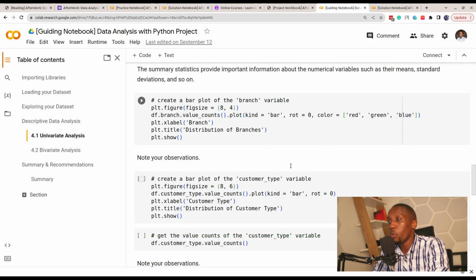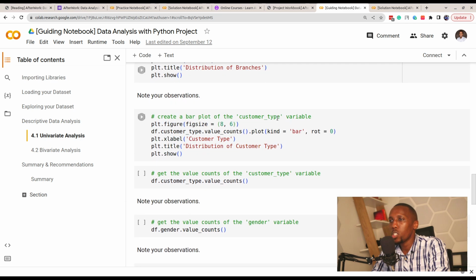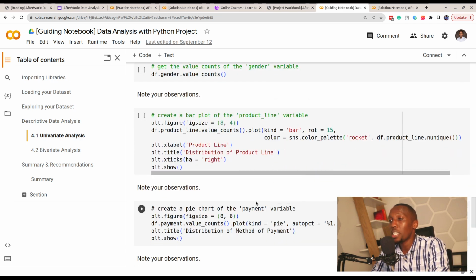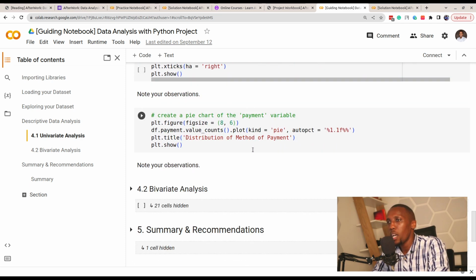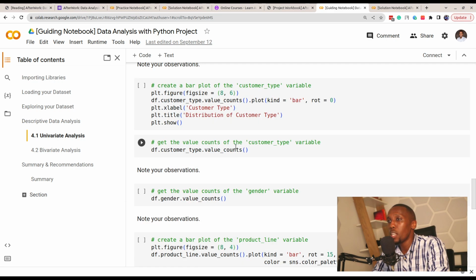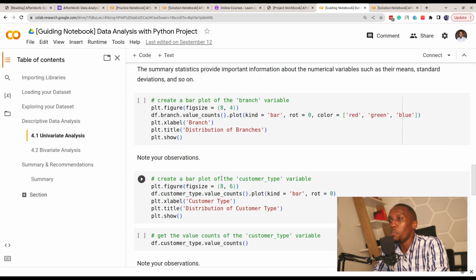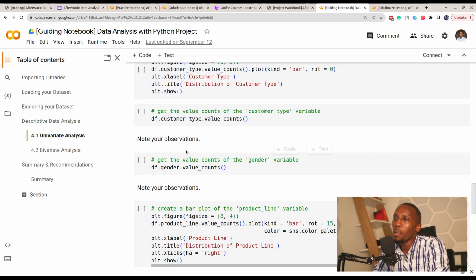We've also provided some code for creating just maybe bar charts that just give you an idea of what you need to do. Don't worry so much about this. There's another course on Matplotlib, which is the library that we use for visualization. You can go through that once you have gone through this workshop. But the idea is that you will be in a position to apply some of the methods